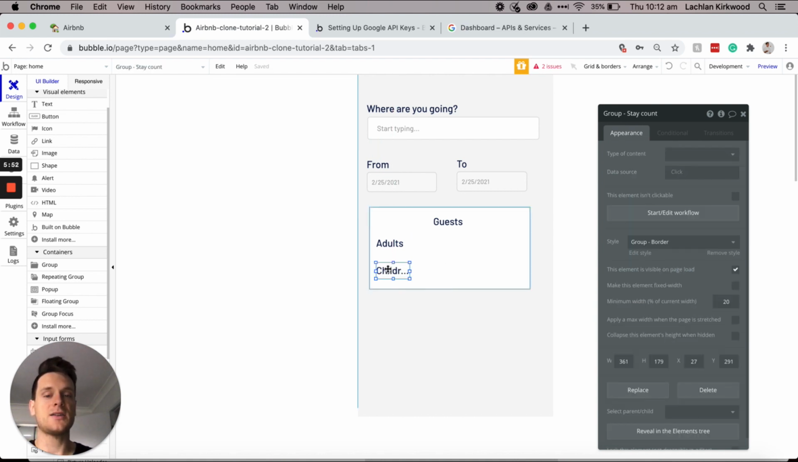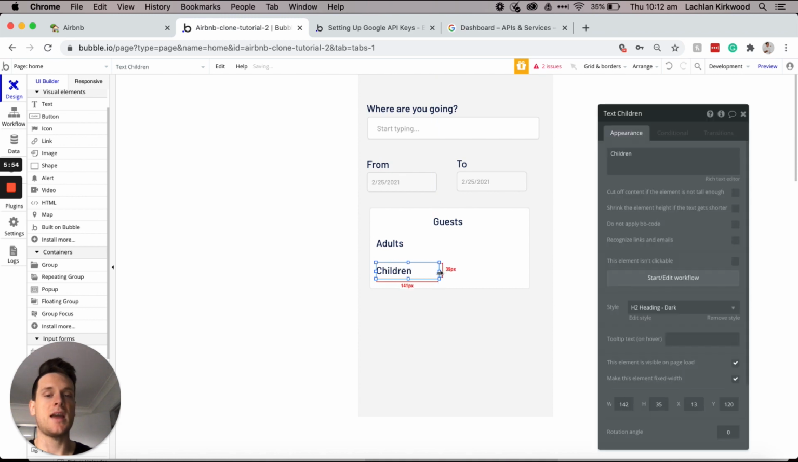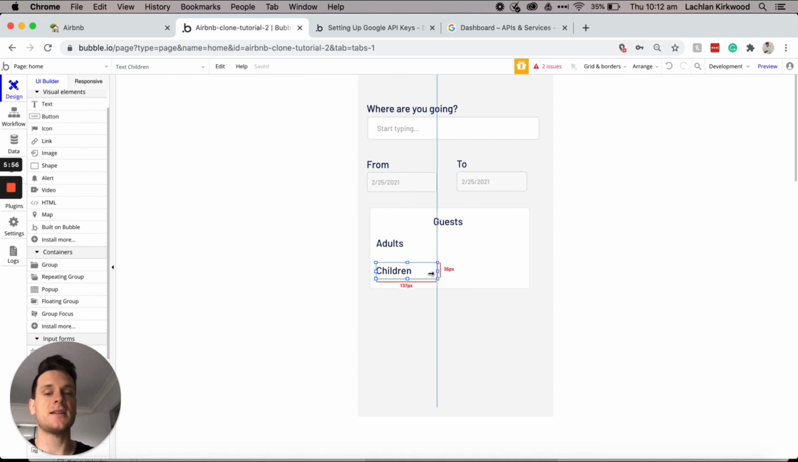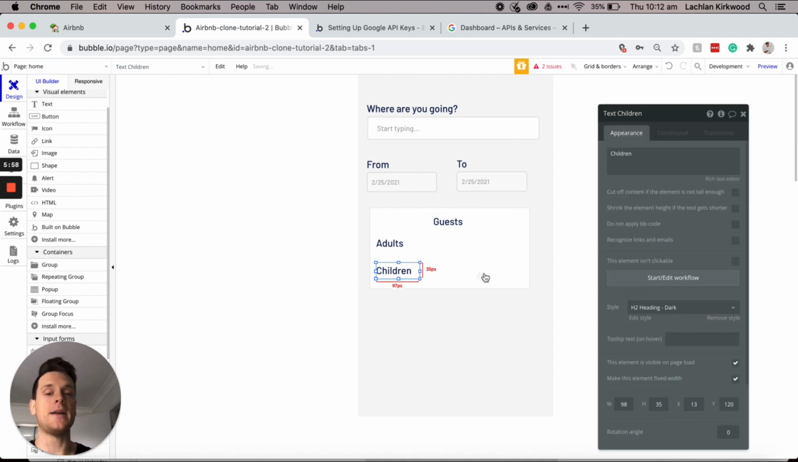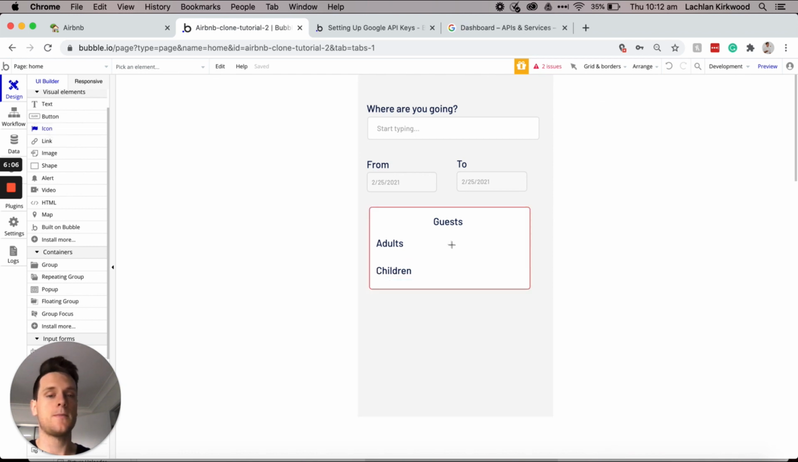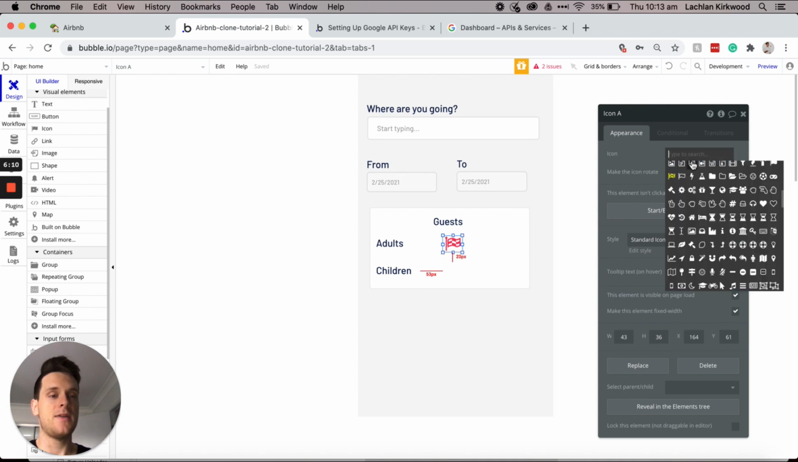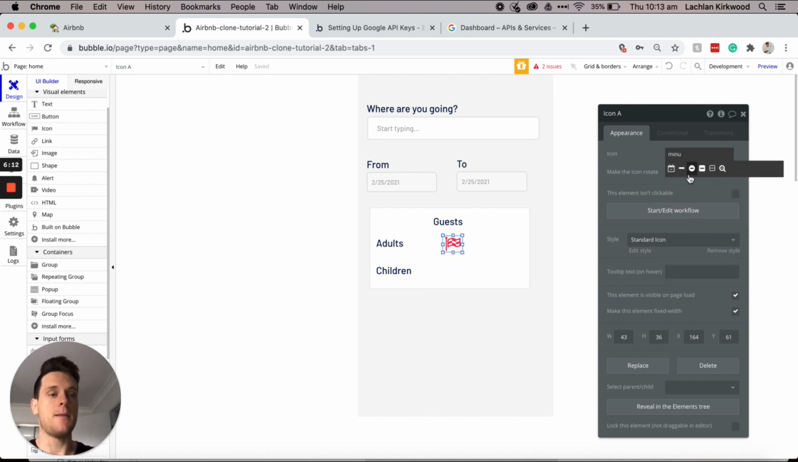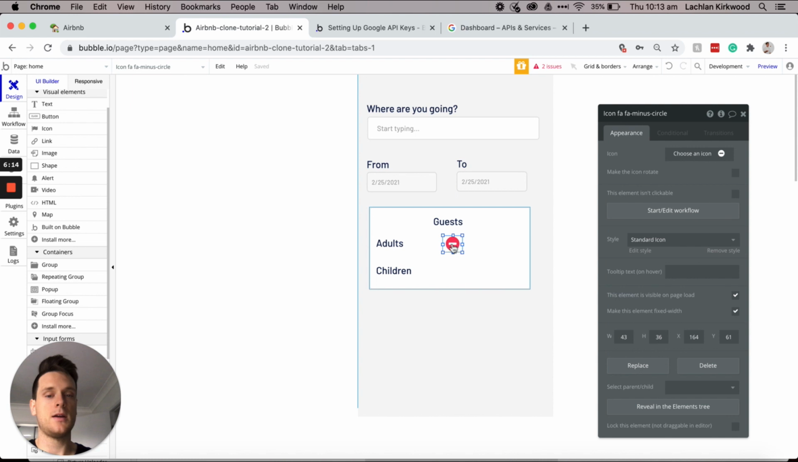Now what I'd like to do is create just like a manual selector that allows someone to add or minus a count of how many adults or children they'd like to take within their stay. So the way I'll be doing this is selecting an icon element. I will drag that there. And then I'm going to select a minus icon. I'll move that over. And I will call this icon